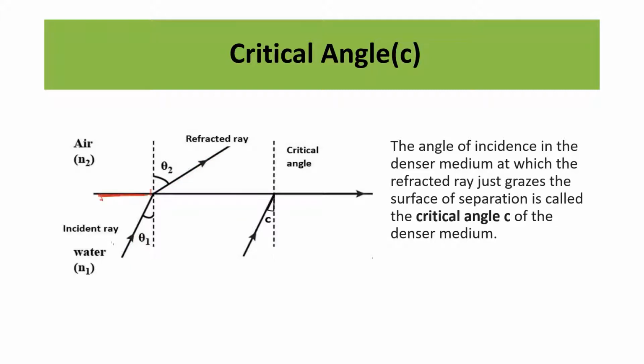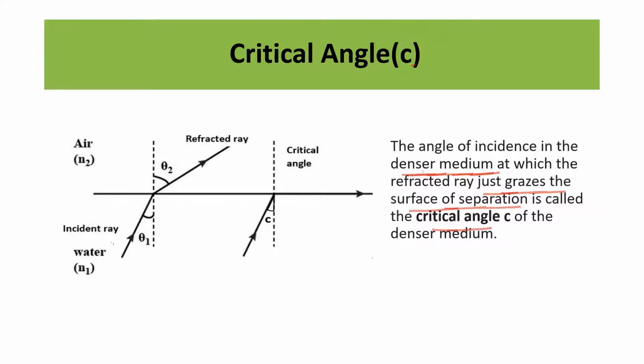This is the surface of separation between the two mediums. When this refracted ray just grazes this surface of separation, you will call this incident angle the critical angle. Critical angle is represented by the letter C. At critical angle, this is the refracted ray. This angle is 90 degrees. The angle of incidence in the denser medium at which the refracted ray just grazes the surface of separation is